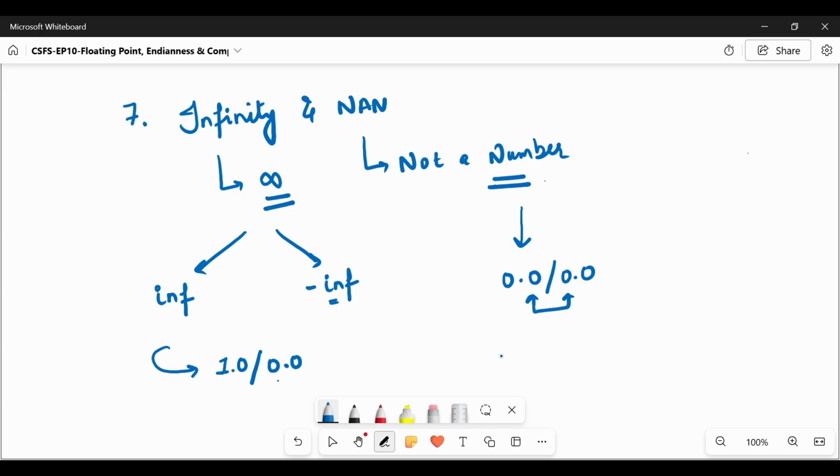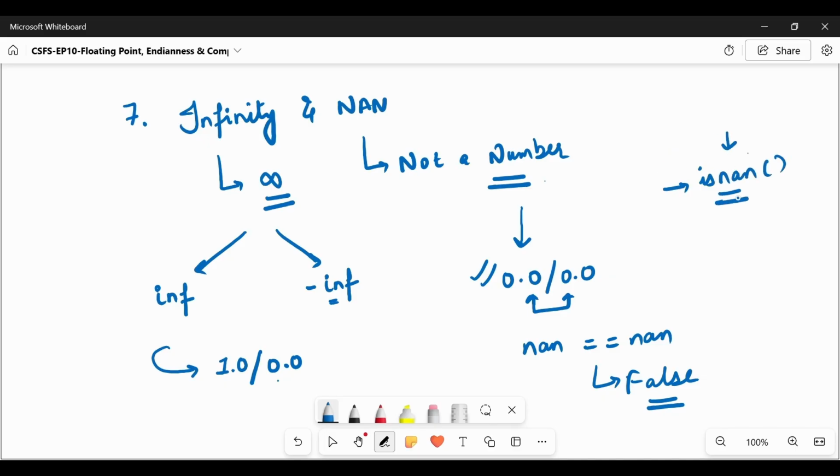And the interesting property of NaN is that when you compare two NaN values, you will always get a result of false. This is basically a security or prevention mechanism provided by our operating system. So before doing any division in floating point numbers which can lead to infinity or NaN, we should first check, like with isNaN, if we can lead to this condition. When you are doing the calculation, check if we can lead to this state or not.